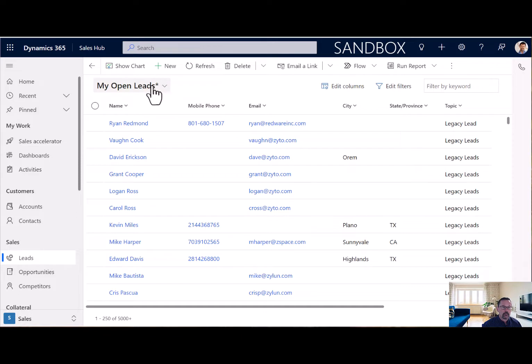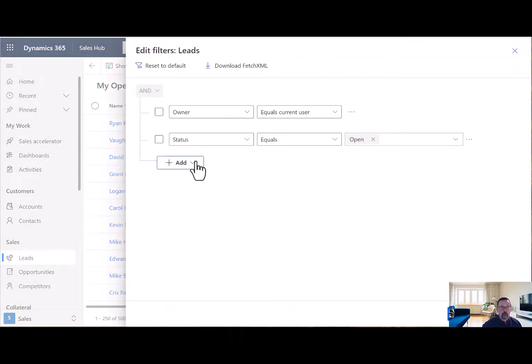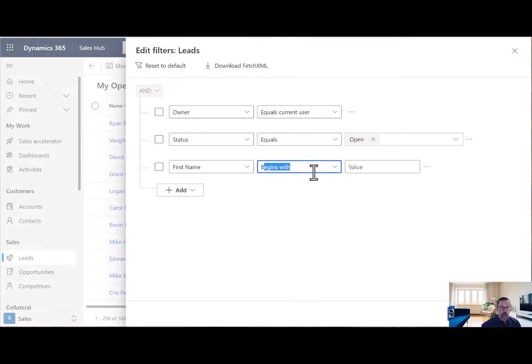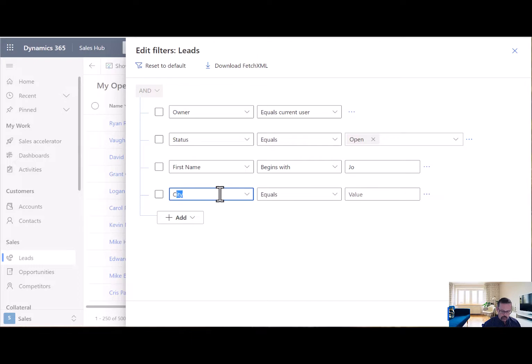I can see that this view has been modified. I have the little asterisk next to it, and you can notice that it cleared my filters. And maybe I want to put the filters back in, but maybe in a different way. And I want to say where the first name begins with JO, like I had before, and then I can add another row where I could say city equals